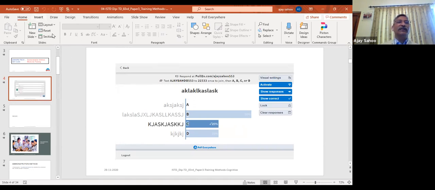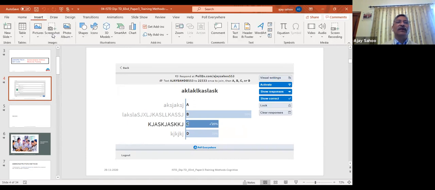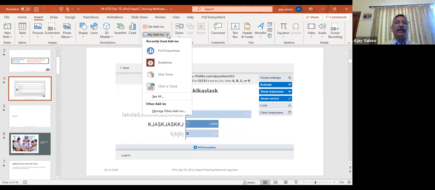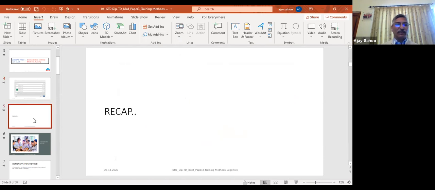When you go to insert, through add-ins, it automatically comes and gets in. You go here, and it will insert automatically. But before that, what you need to do is have the cursor on one of the